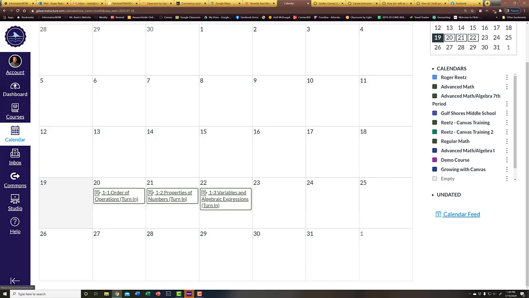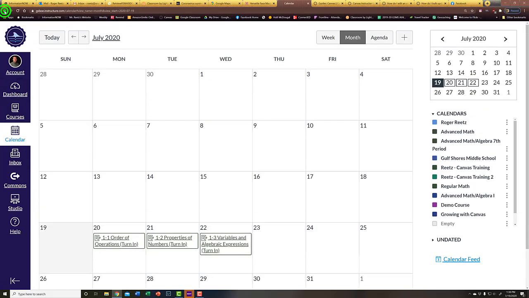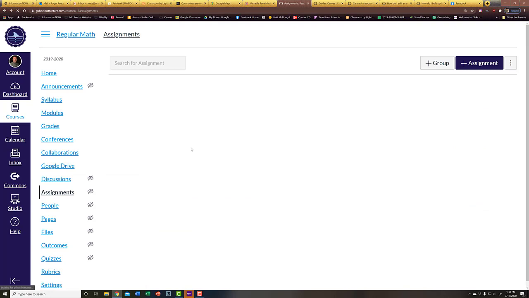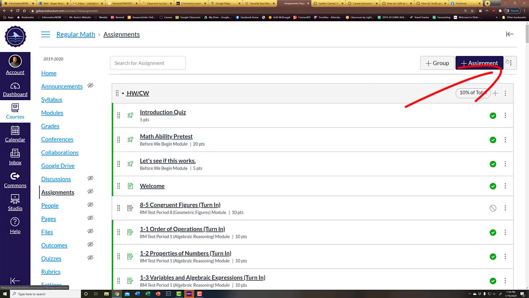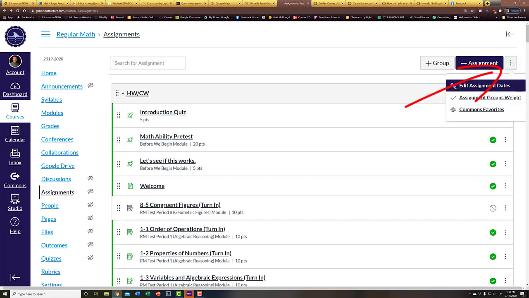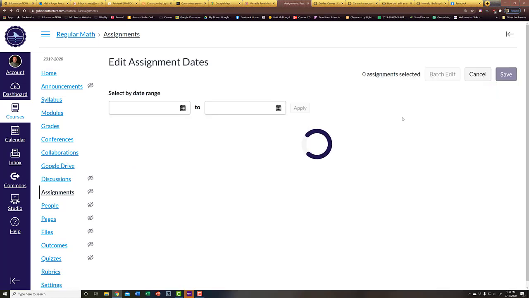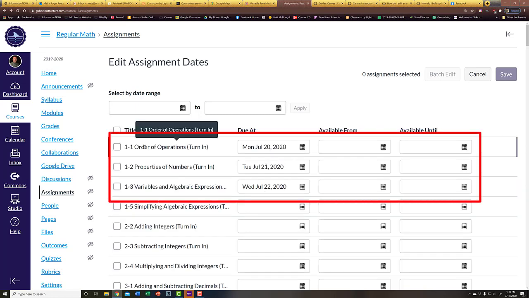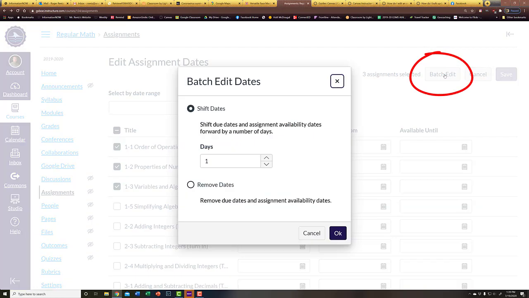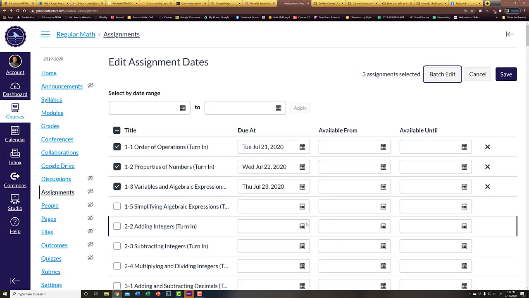So I'm going to go back to my course. It says assignment pages right up here. And in there, I'm going to click on my three dots in the top right hand side again, edit assignment dates, and let it process for just a second. Here's those three assignments. I'm going to click the three assignments that I want to edit, just like that. I'm going to hit batch edit right here, and I'm going to say move them all forward one day. So I'm going to hit boom, all assignments have moved forward one day,